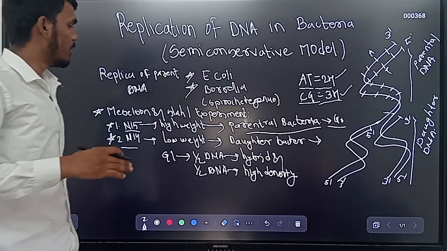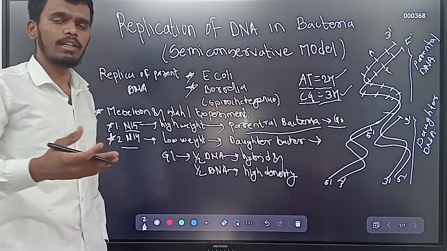Because half of the DNA will be hybrid and half of the DNA will be of higher density, then this